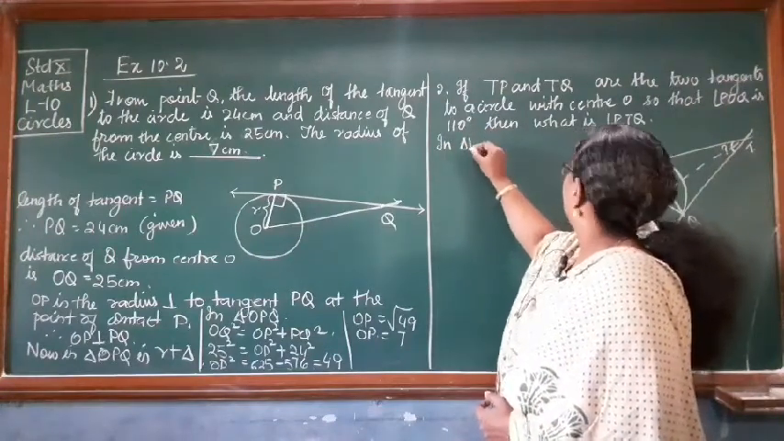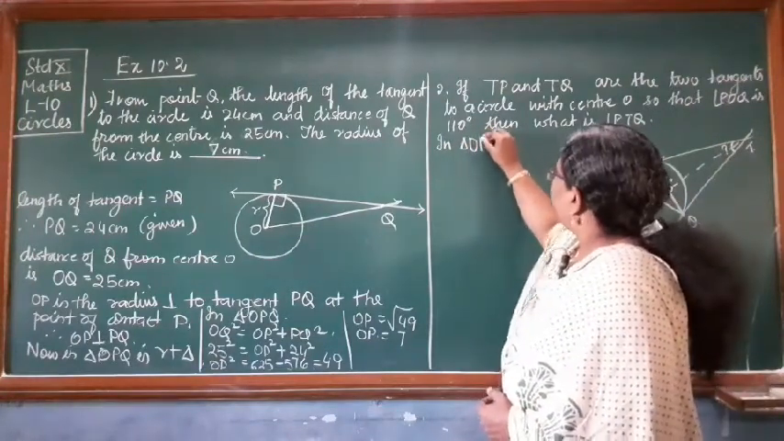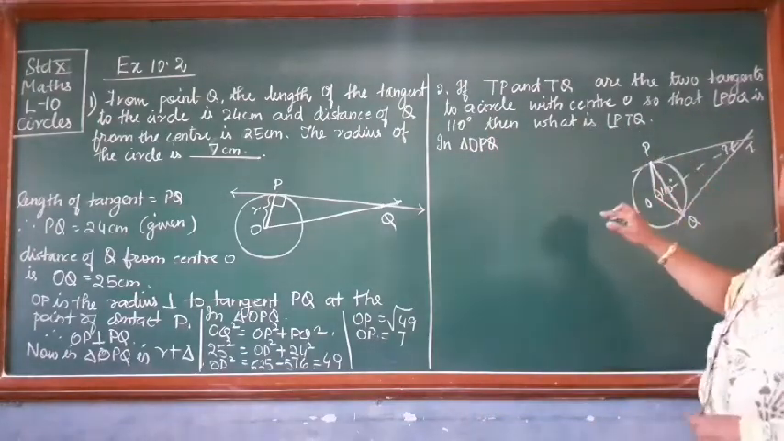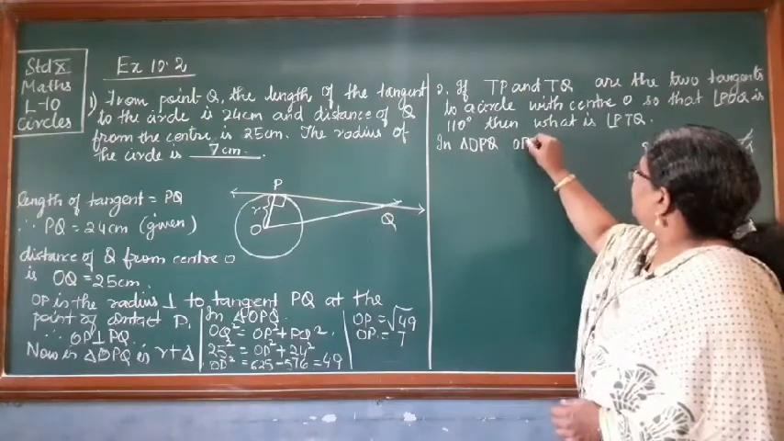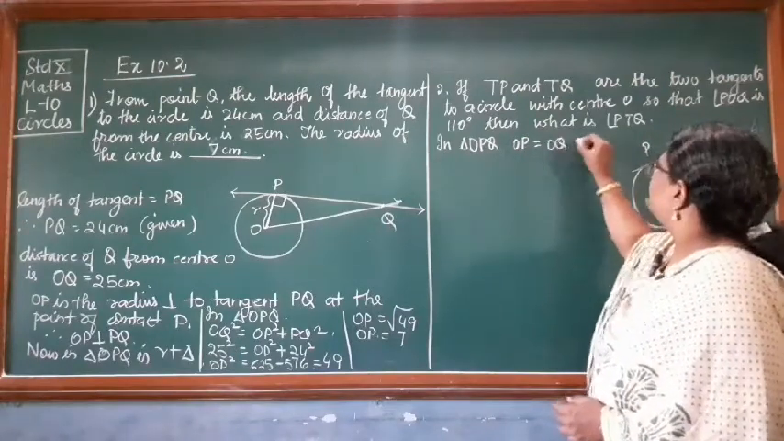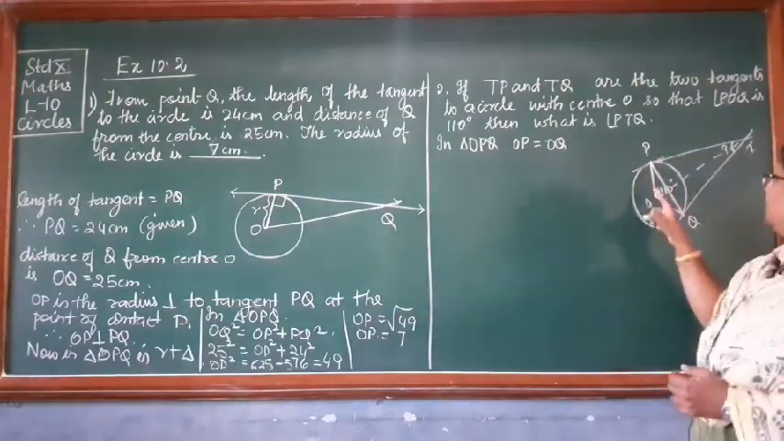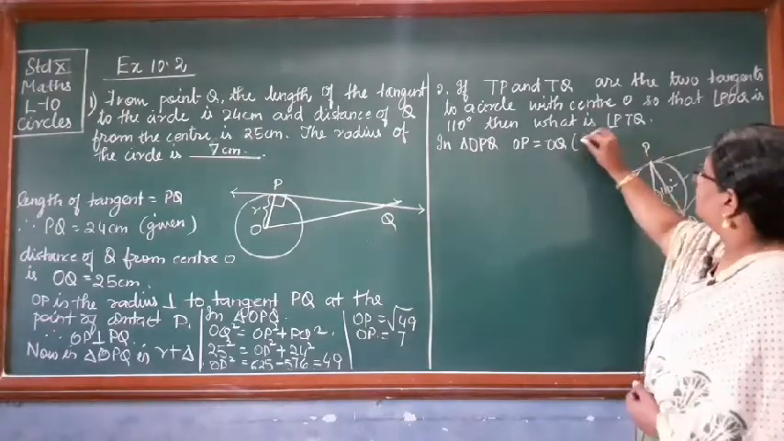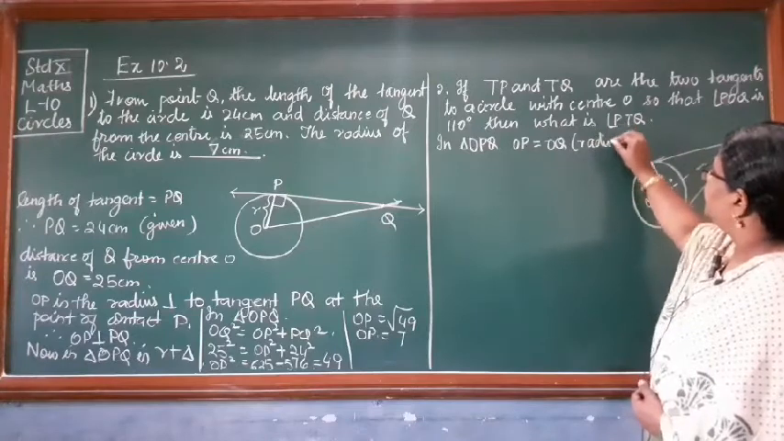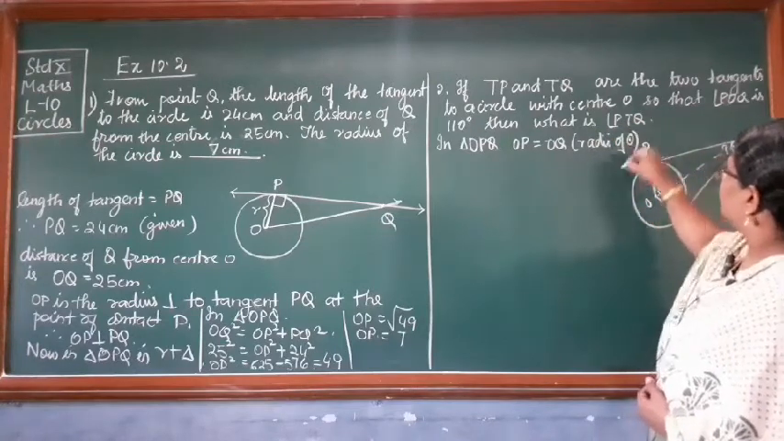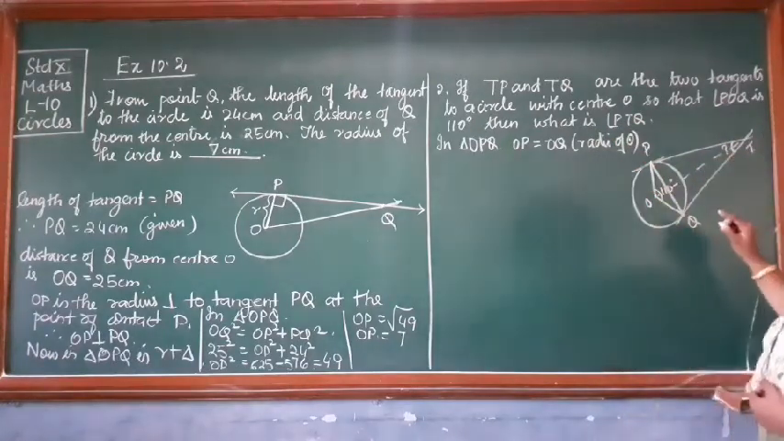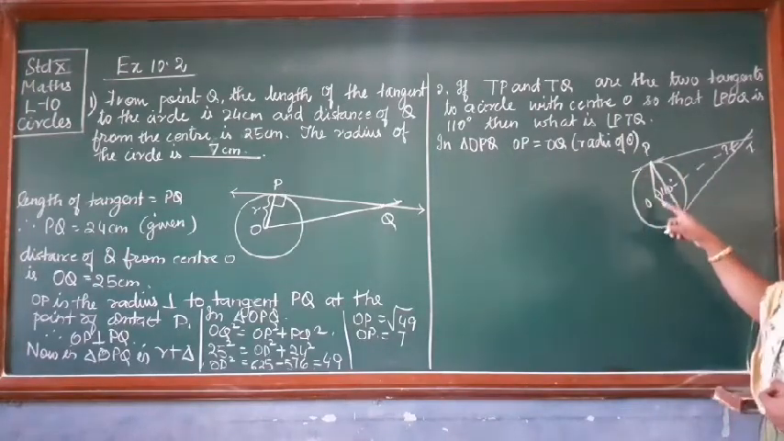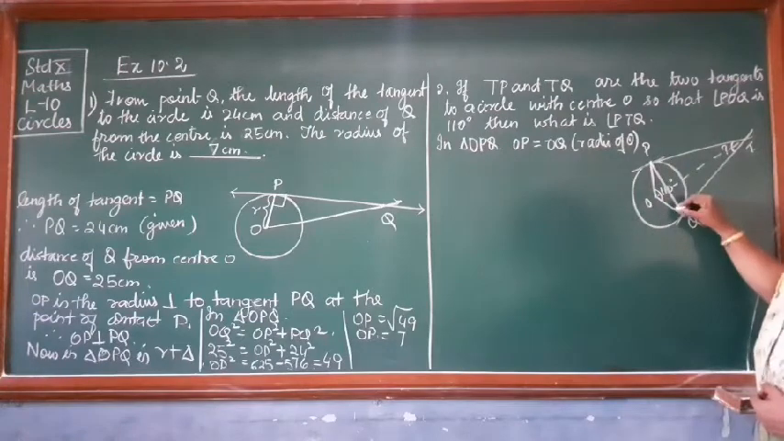In triangle OPQ, ये छोटा वाला triangle दिख रहा है? You know that OP is equal to OQ. What is the reason why OP is equal to OQ? That is because it is the radius of the circle. Okay? It is the radii of circle. ठीक है? Then, if the sides are congruent, then in the triangle you can say that the opposite angles will